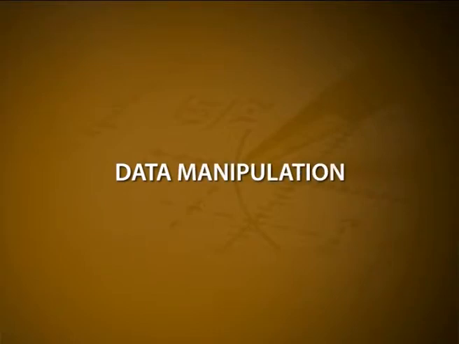Welcome back. Today we are going to discuss the various steps of data manipulation. The main process of data manipulation involves three steps: fetching or retrieving the instruction and data from memory, decoding it, and then executing the instruction upon the data specified.